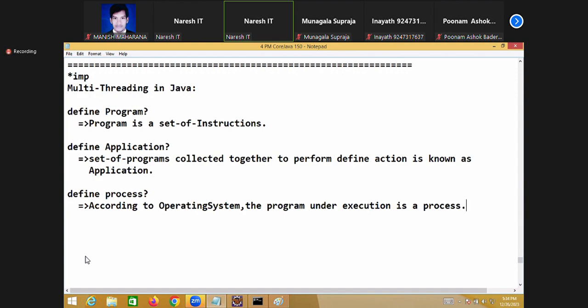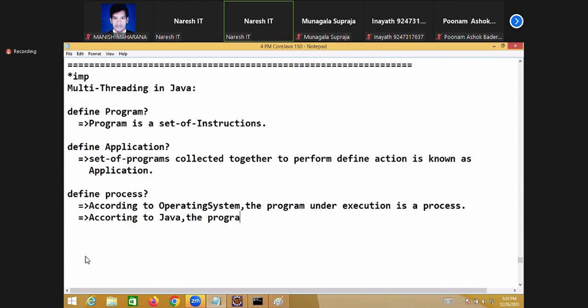According to the operating system, the program under execution is a process. According to Java, according to Java language, the application